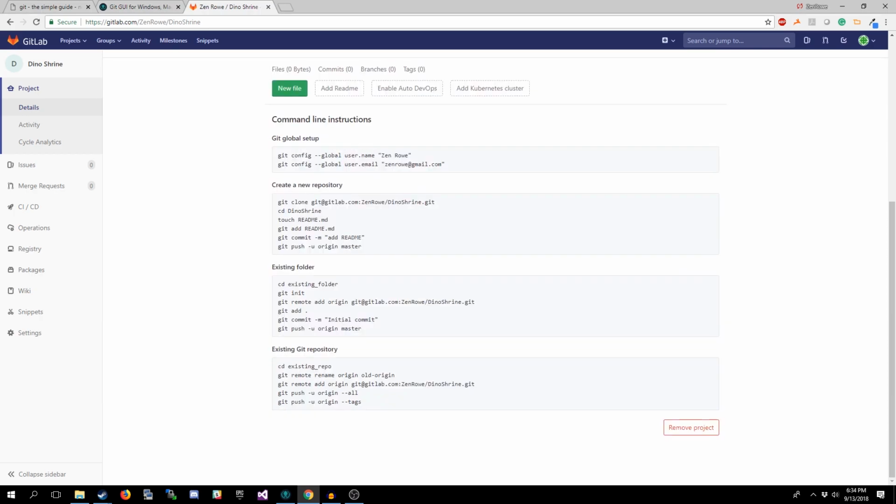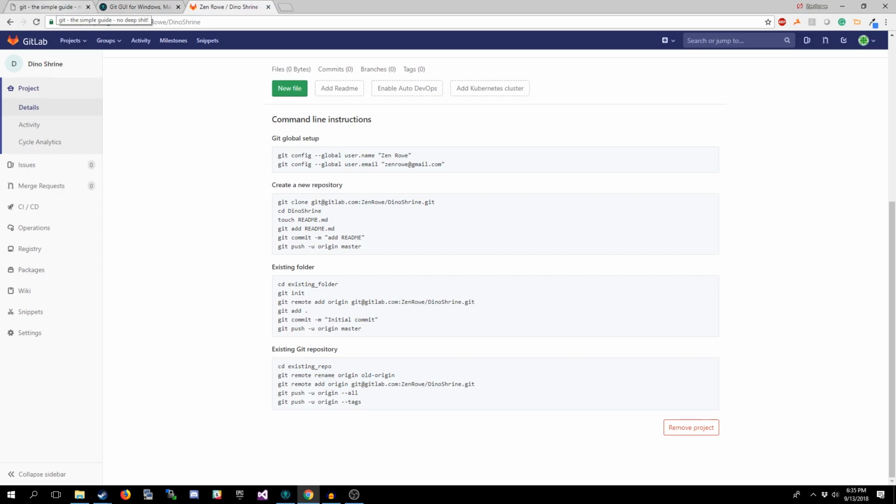Now, with our clean repo, we get some command line instructions here. I said we're going to be using the GitKraken GUI, but it's actually a lot easier to get our existing folder set up with the remote repository and GitKraken from the command line. That sounds a little strange, but that's just the way it works out.